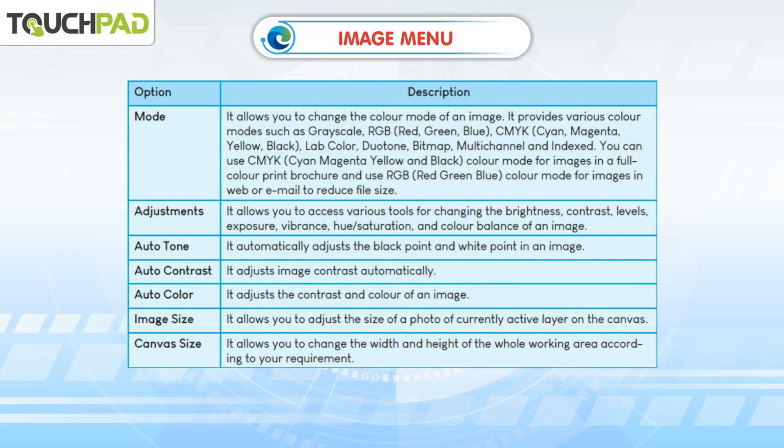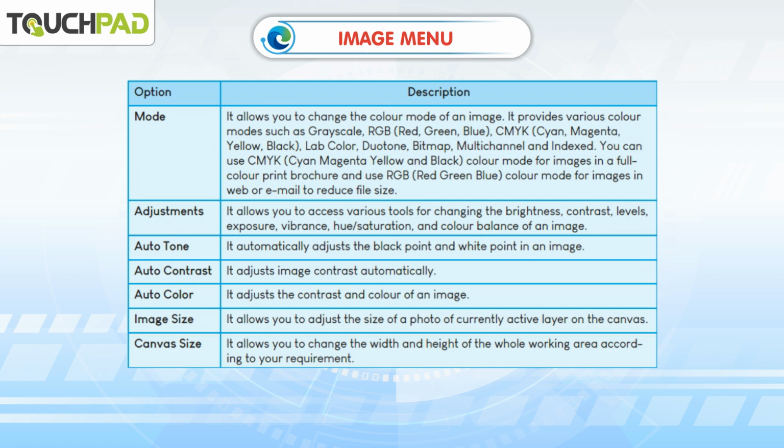Option. Description. Mode. It allows you to change the color mode of an image. It provides various color modes such as grayscale, RGB (red, green, blue), CMYK (cyan, magenta, yellow, black), lab color, duotone, bitmap, multi-channel, and indexed. You can use CMYK color mode for images in a full color print brochure and use RGB color mode for images in web or email to reduce file